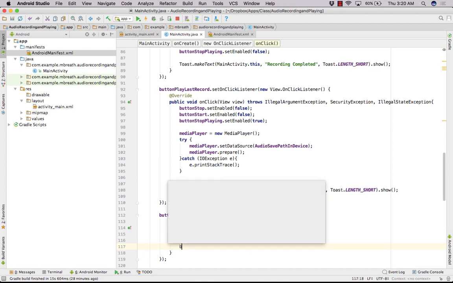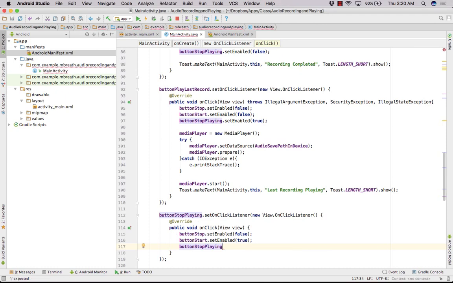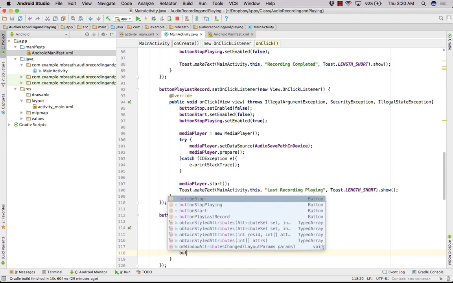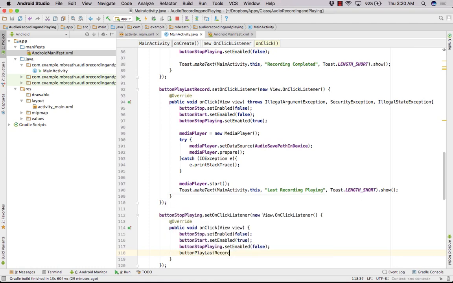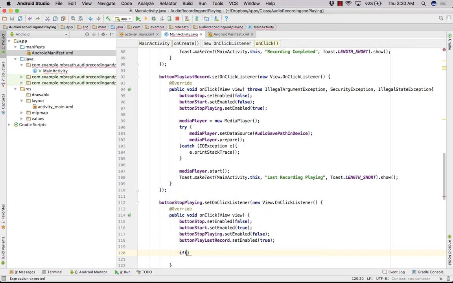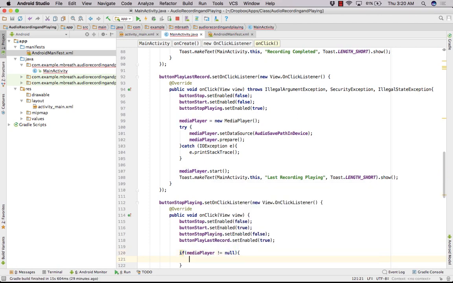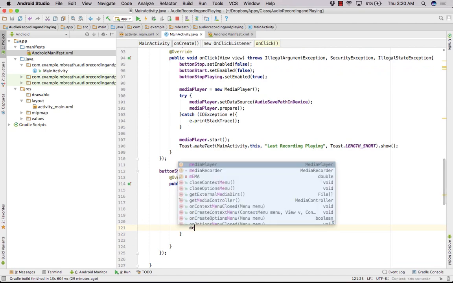Okay, and button stop playing dot set enable must be false, and button play last record dot set enable must be true. Okay, so now we are done with the button configuration. Now let's check the if condition. If media player is not equal to null, that means media player is playing. Okay, then we want to make simply